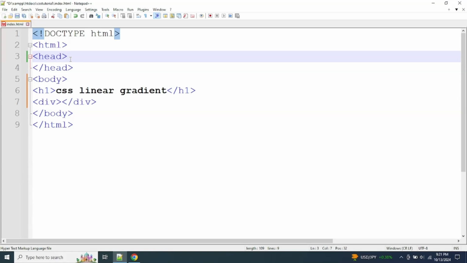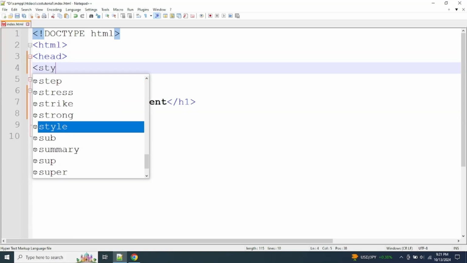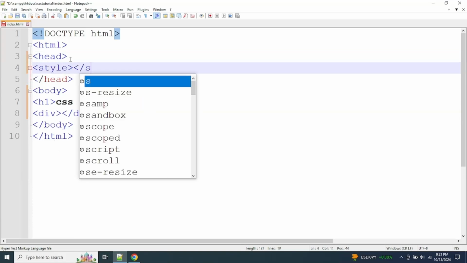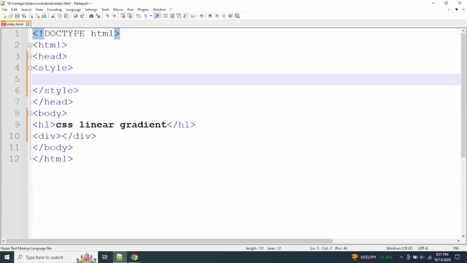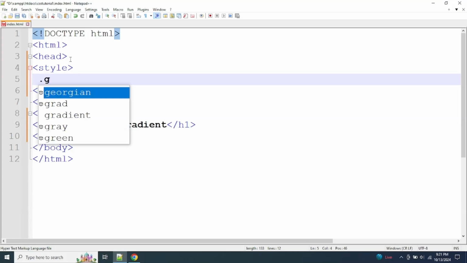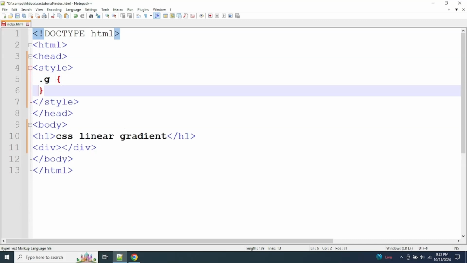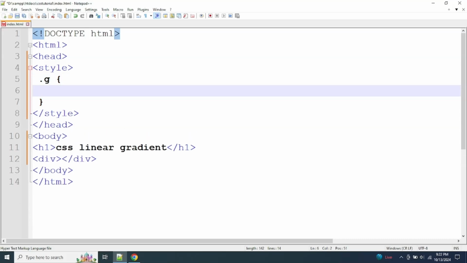In the head tags, we will use an open style tag and close the style tag. So we will use internal CSS. First we use a class selector, g, short for gradients, with open curly braces and close curly braces. In between the curly braces we will use CSS property and value: background color,